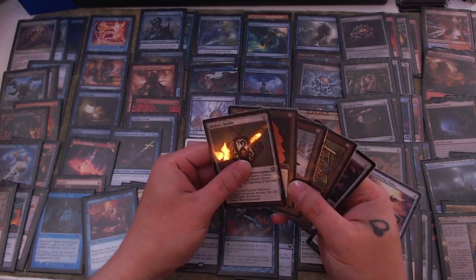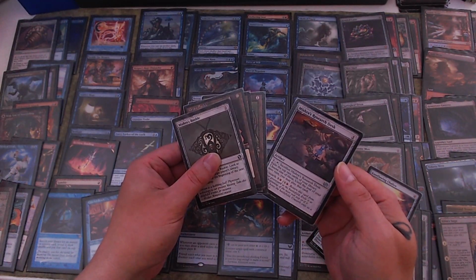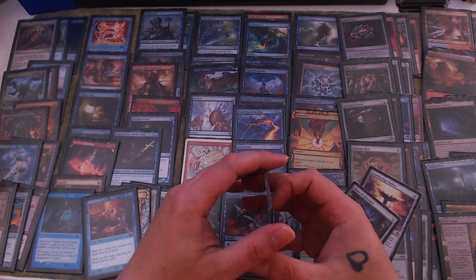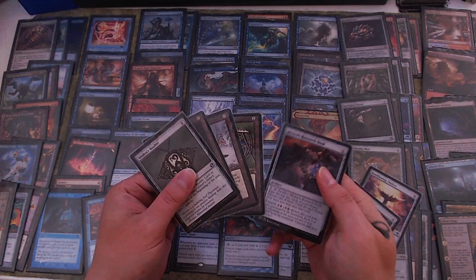Yep. So these just go. Mishra's Research Desk I think is fine. For me, it's just one of them. I don't like that it exiles 2 of them. Could be exiling something useful. Then you have both things useful, and then you have to make a choice. It does need the reduction,